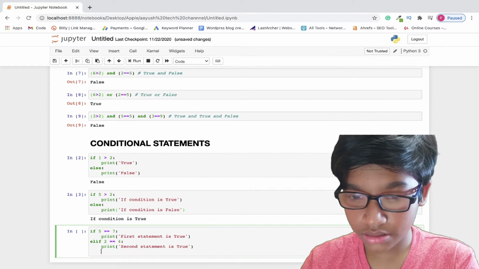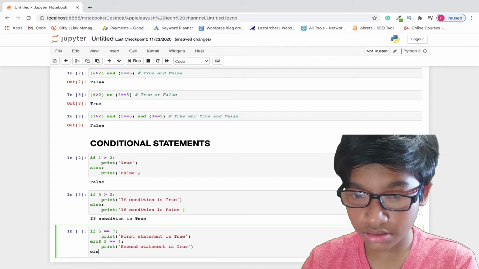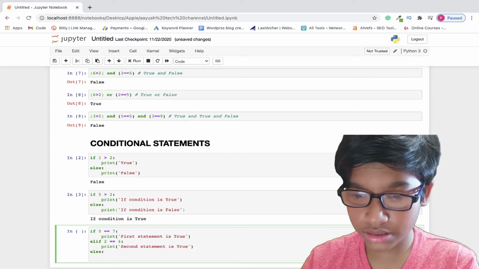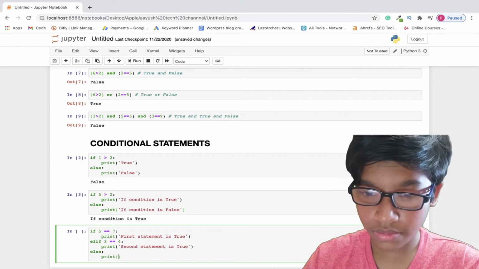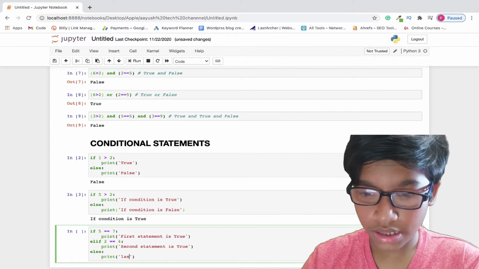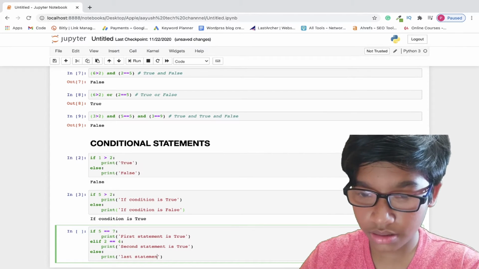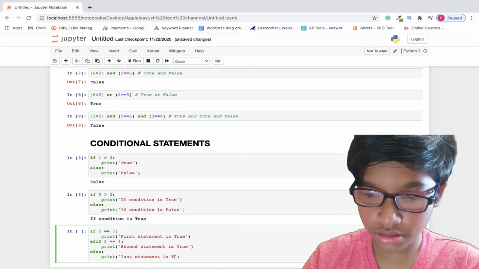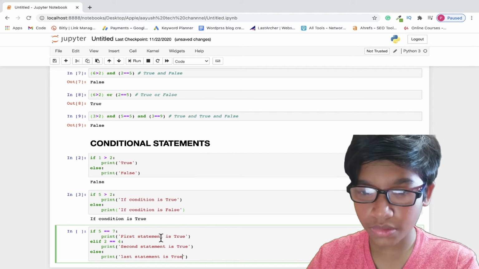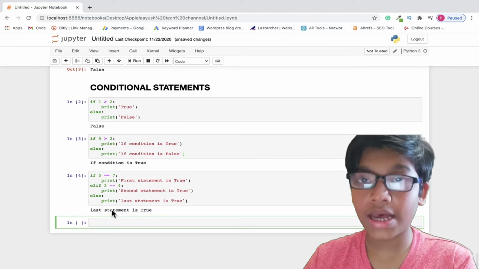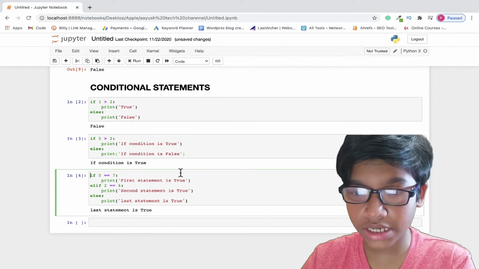Here let's write else. What should it do? Else it needs to print last statement is true.